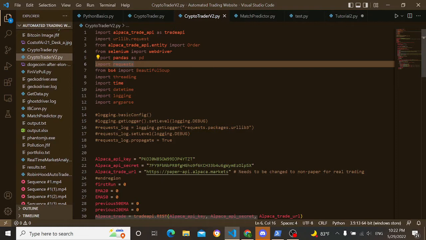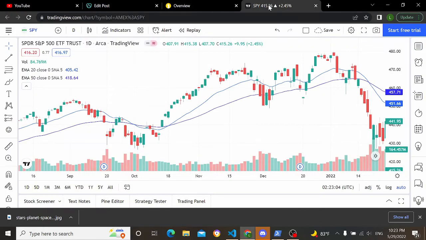And I'm not super knowledgeable on technical indicators and knowing when to buy and sell, especially with crypto, because it's a lot more volatile than stocks. But I wrote this script here based off of an EMA crossover. I'm using a 20 and a 50, and just for demonstration purposes and to get everybody on the same page,